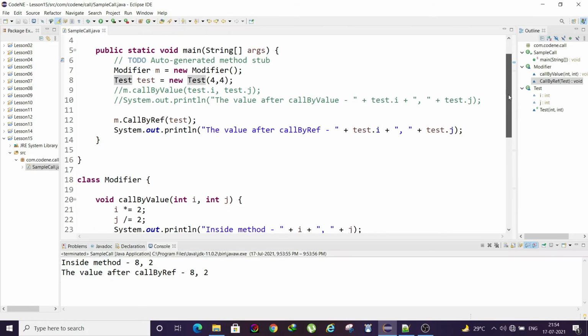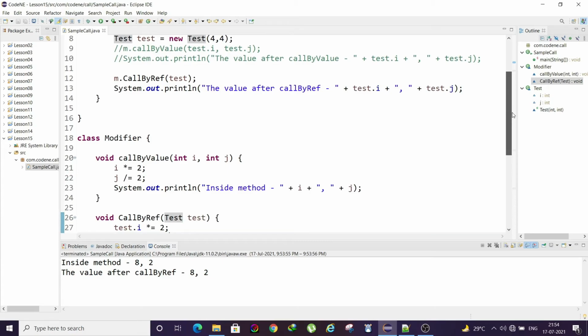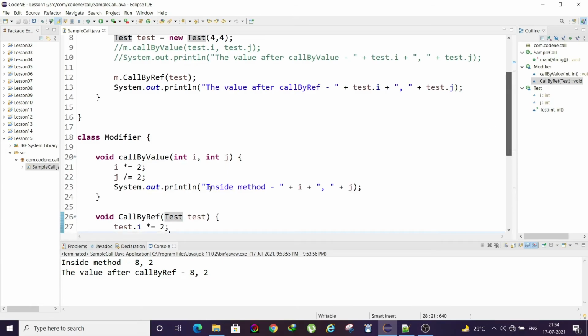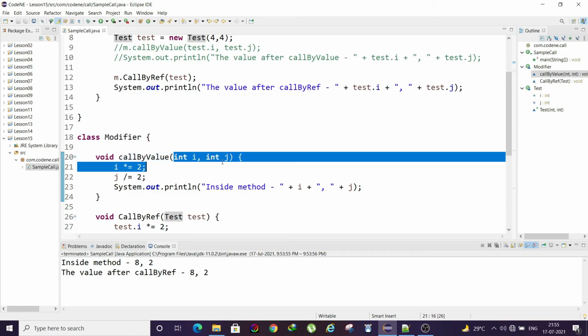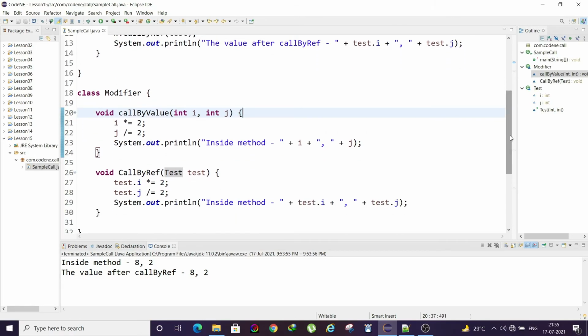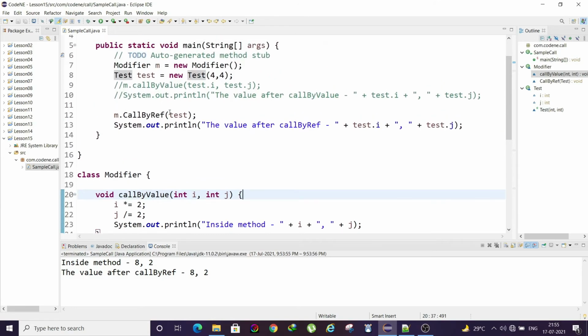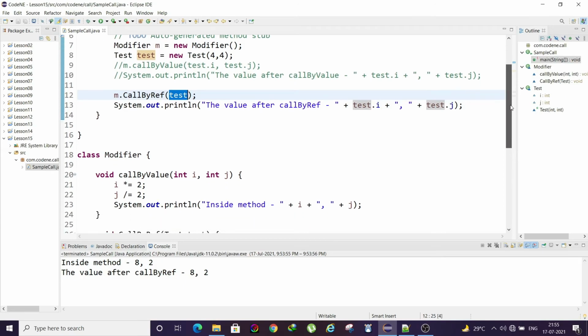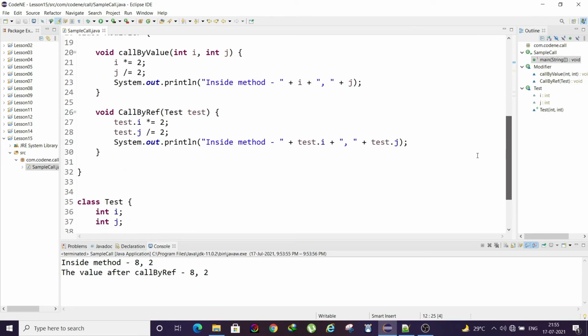So why is that? That is because whatever object, except the primitive data types, objects are passed by reference. That means when we pass this object test inside call by reference, a reference to that address is sent, not a local copy.